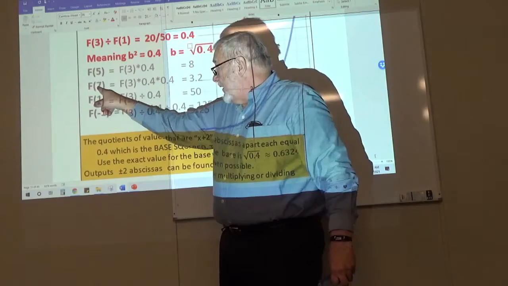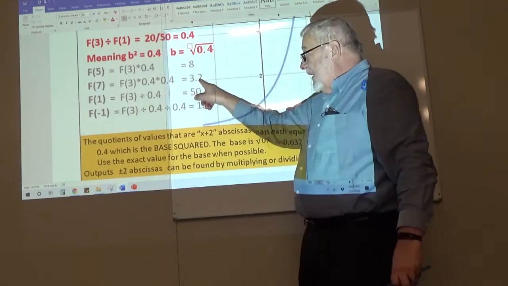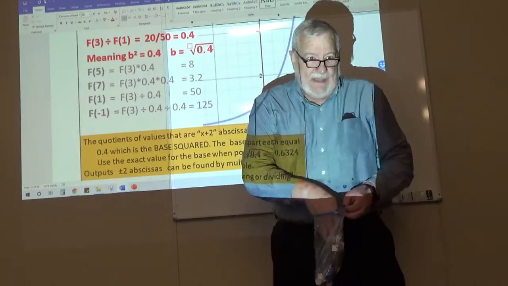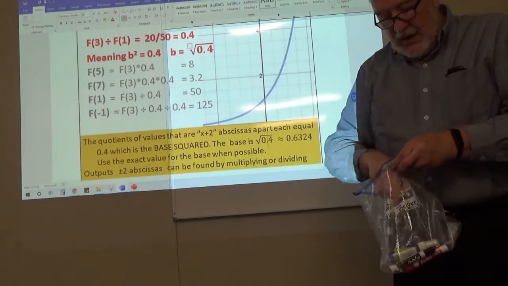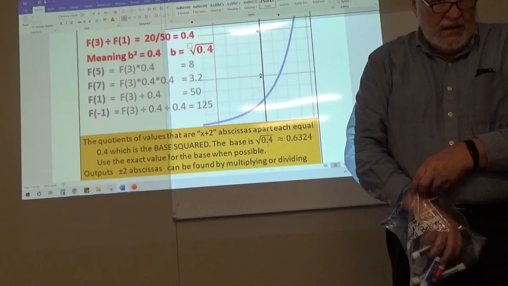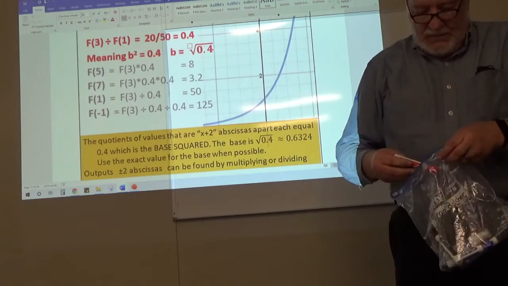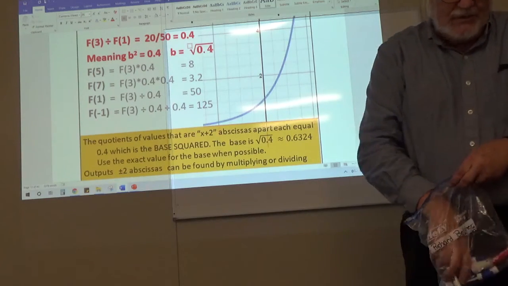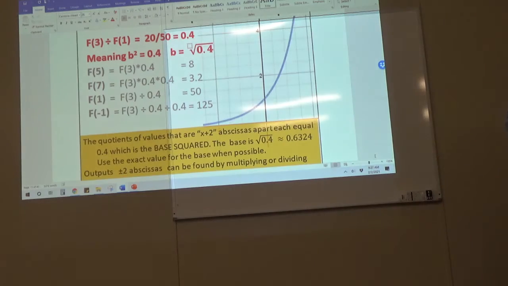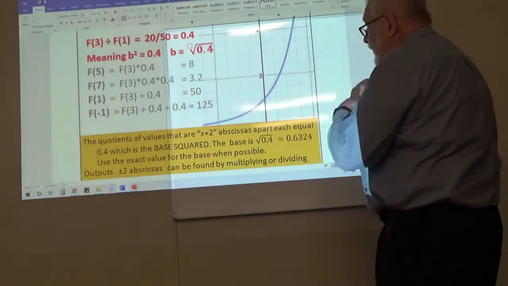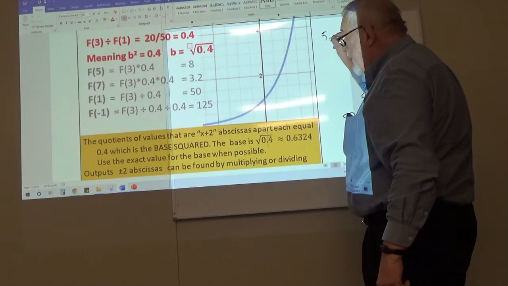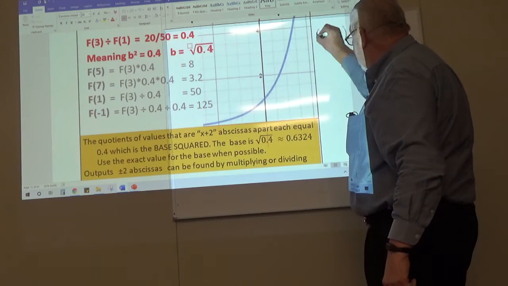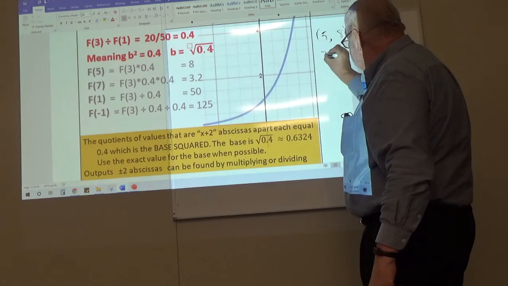And then the function when x was 7, and that was 3.2, and we could find the value of the quotient of those 2 points. And so if we use the point 5, 8, and 7,